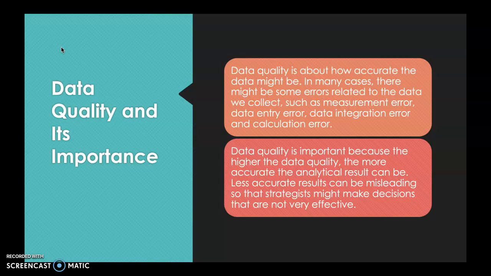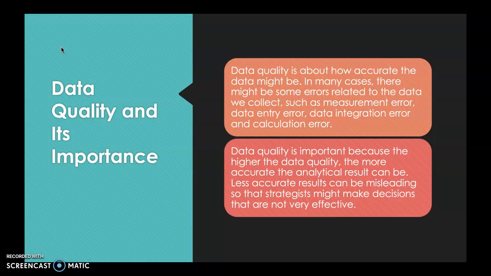Data quality is about how accurate the data might be. In many cases, there might be some errors related to the data we collect, such as measurement error, data entry error, data integration error, and calculation error. Data quality is important because the higher the data quality, the more accurate the statistical results can be. Less accurate results can be misleading, so that strategists might make decisions that are not very